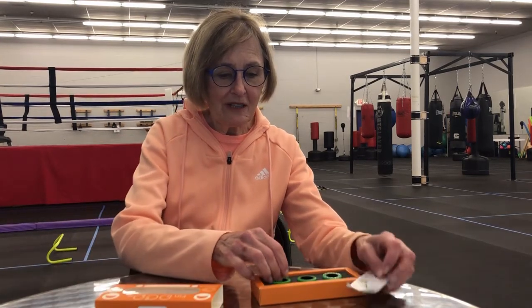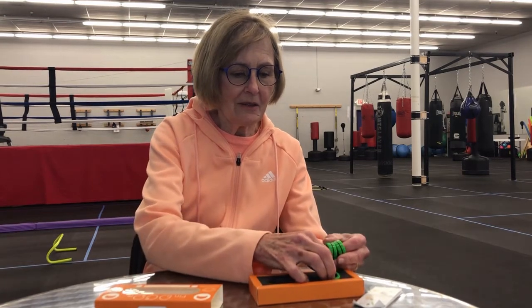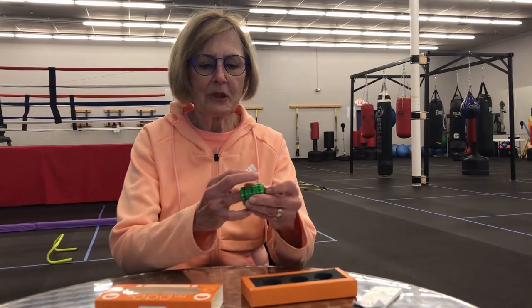I have PD, and one of the things that's bothered me the most are my hands. My hands seem to kind of stick together and I have a hard time with my fine motor skills. So what I found that I think is so fun and so cool are these magnetic rings. And they're fairly large rings that you can put on your fingers, and they're magnetic, so they're hard to move